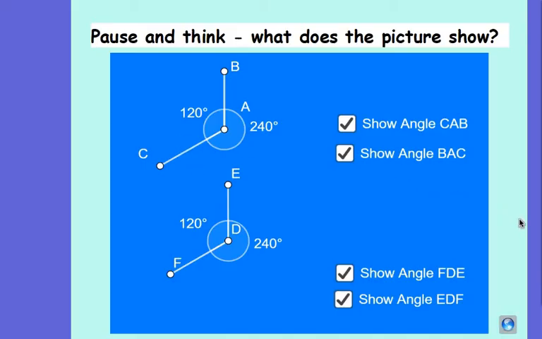And pause and think. Pause the video for a minute. What does this picture show? Pause the video and have a little think. Okay, Zara, what do you think the picture shows? So the picture shows that if we're facing front and we're turning all the way around, we're turning 360 degrees. But we can split that turn into 2 separate angles. For example, I could split it into a 240 degree turn and then add on an extra 120 degree turn,